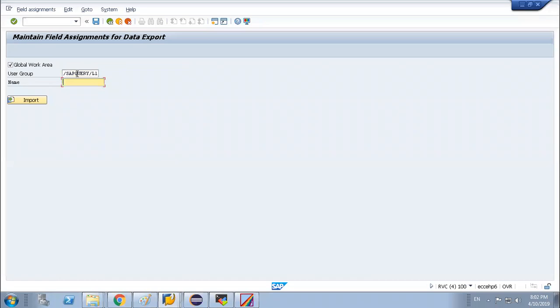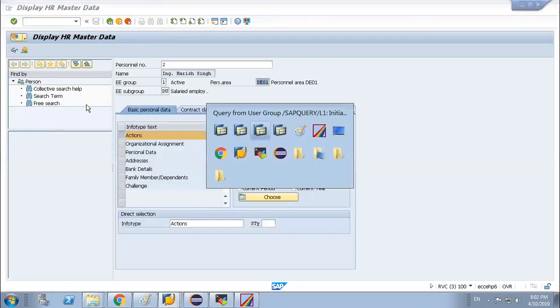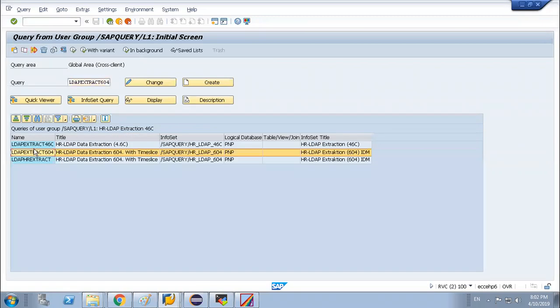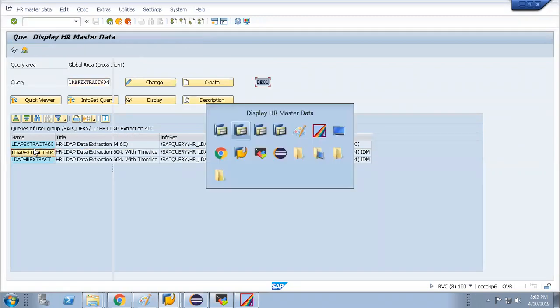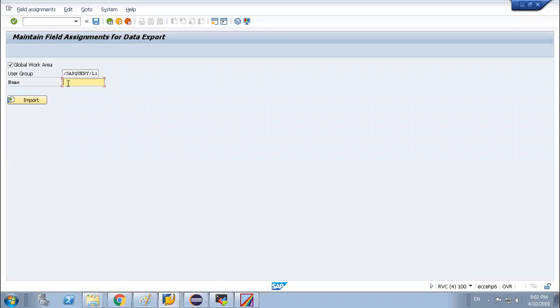What is the user group? This is the user group name. And under user group, what is the query name? This is the query name. Correct? In this user group and the query name, we have to map. That is why you have to map this query area. Is that clear, or if you have some doubt, please let me know.